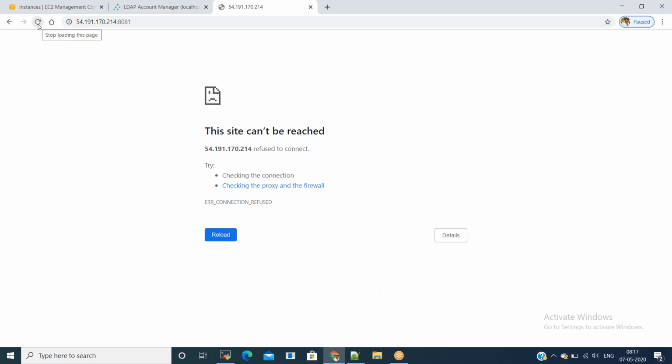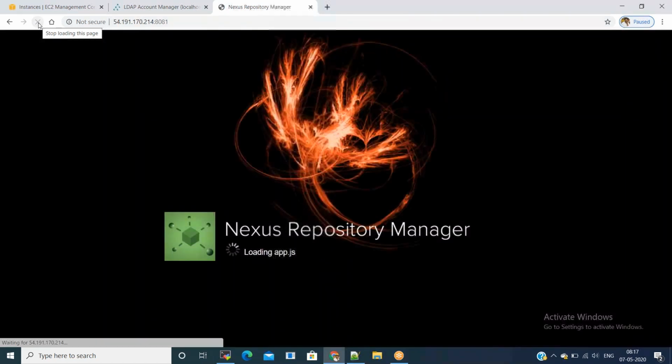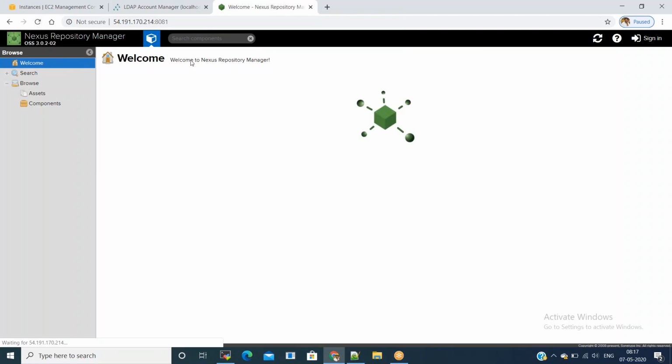Just refresh the page. Now it's opening. Nexus repository manager is opening. It just took some time to load because it has a web UI component as well.